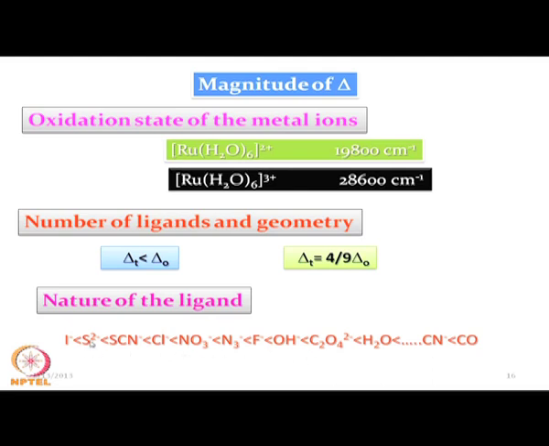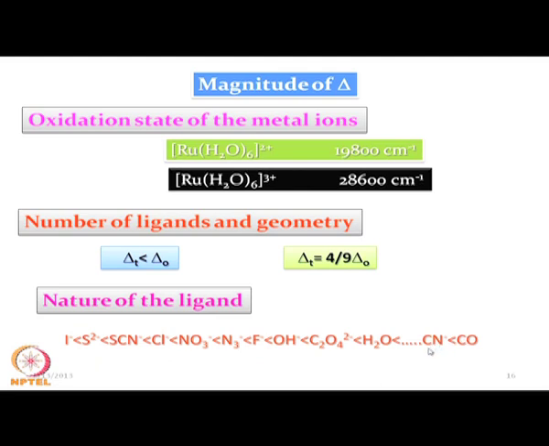So, if we put sulphide and thiocyanate, sulphide will be less than thiocyanate, and this is basically incorporated between I minus and Cl minus. So, they have intermediate strength of crystal field between I minus and Cl minus. Between Cl minus and F minus we have these two, that means NO3 minus, the nitrate ion, and the azide ion. Then we have the hydroxide ion and then oxalate ion and the water.